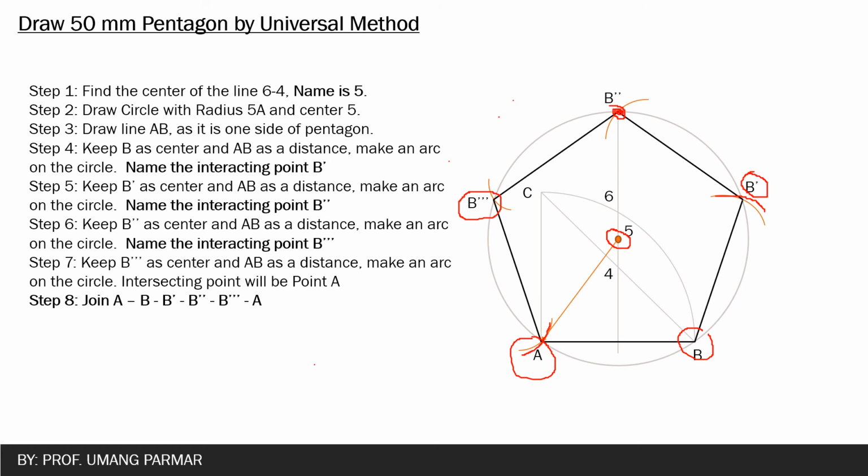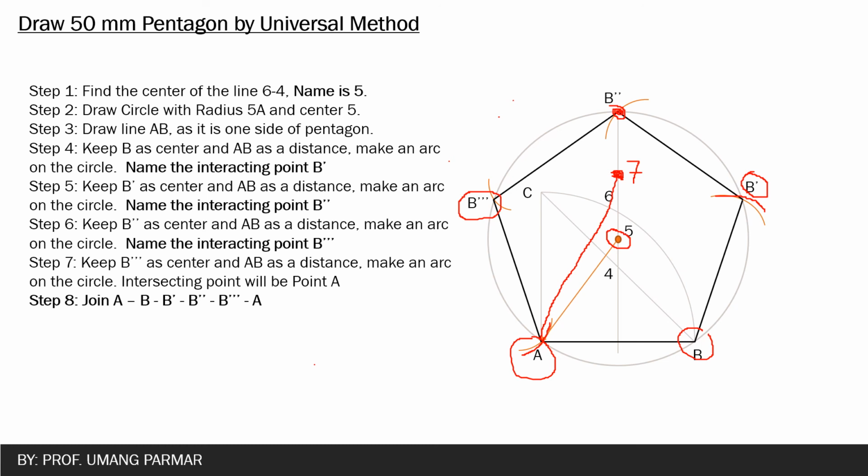So suppose in your future, if someone asks you to draw the heptagon or an octagon, you need to follow the same procedure. Just find point number 7, that will be somewhere here. As I said, it would be above point number 6. So this is going to be your point number 7. Keep point number 7 as a center, make the radius 7 to A and draw the circle and follow the same procedure. Make an arc of the distance AB on the circle. You will have the heptagon.